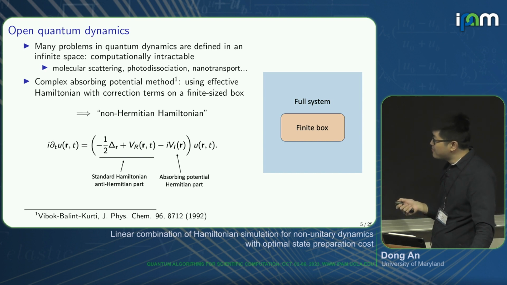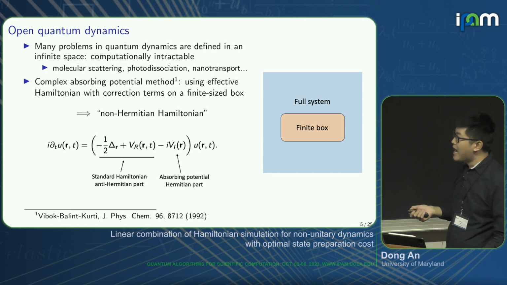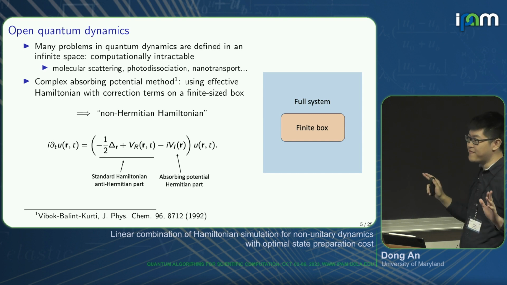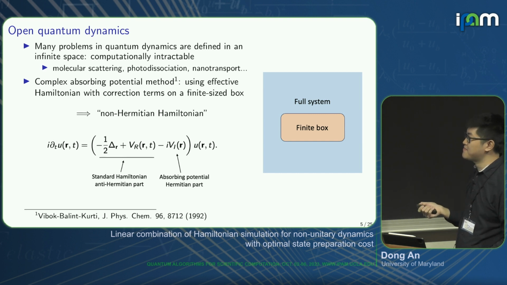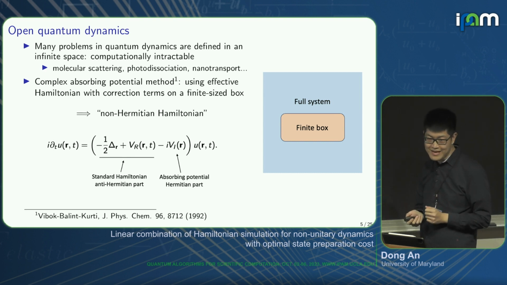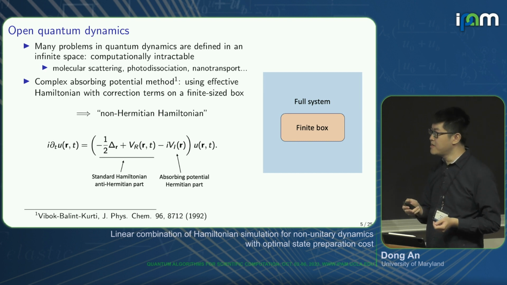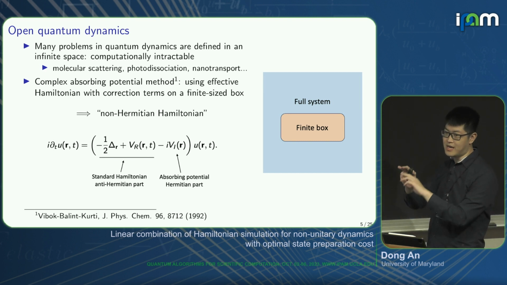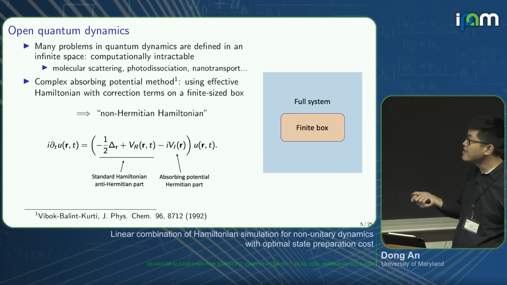And to deal with this, there are actually many different approaches, and one useful approach is based on the complex absorbing potential method. The complex absorbing potential method is trying to use an additional term to model the effect of the full system or the environment. For example, if we look at this Schrodinger equation, we have the standard Hamiltonian